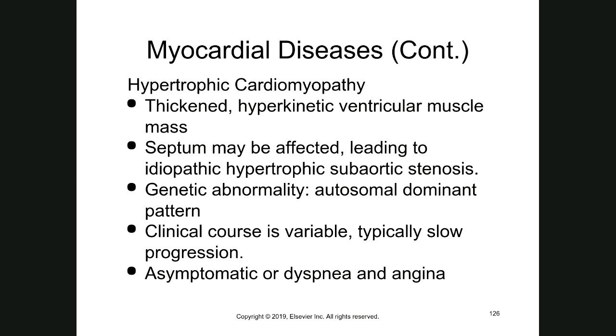Another thing that many people, for some reason, in one of the first quizzes, I don't know if they are looking at somebody else's quizzes, became confused with the hypertrophic cardiomyopathy. Remember, this is very important because these particular patients always will show defects and problems with the blood pressure in the beginning. Then you will see all the symptomatology that they will show. Genetic abnormality pattern can show up, clinical causes variable, typical slow progression. They can have a symptomatic dyspnea or angina and they don't know that. Meaning, careful with this one. I have something related to that in your test.